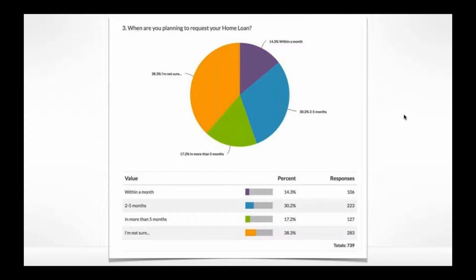Those are the people at the very end of the survey that will call the phone number that we put on the final screen, or the ones that will pick up the phone right away and call back when they get the ringless voicemail from Agent Legend or the text message. Those are the people that are going to convert right away. Now, you can see at the 2 to 5 months, 30% of the leads, double the amount that are ready to go right now, are looking to do something in the next 2 to 5 months. And I can tell you, after being in the online lead generation business for 12 years now, that is where the majority of your money is going to be made. It is in the 3rd month to the 5th month after generating the lead.